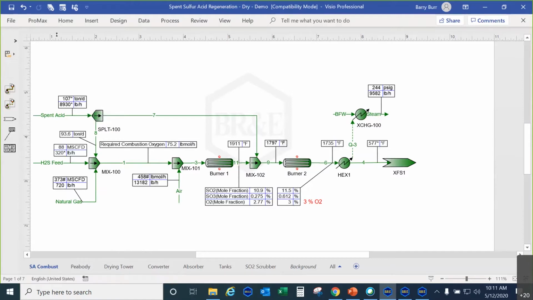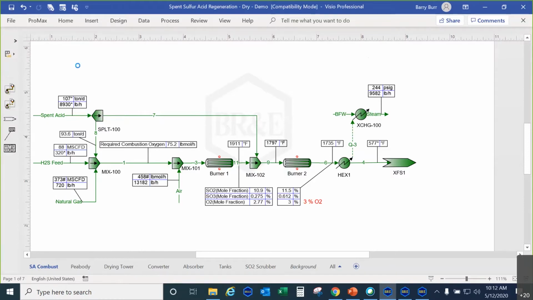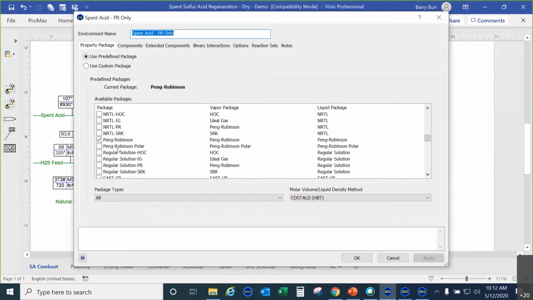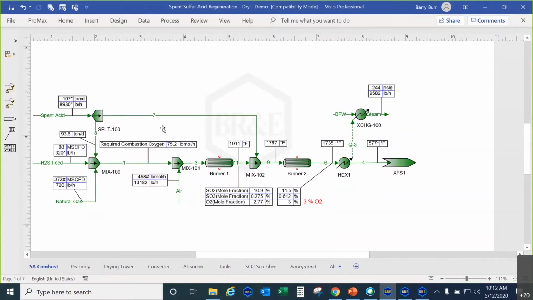One thing I forgot to mention is that in the combustion flow sheet, the environment that we're using is just Peng Robinson. So if you're used to using ProMax, you know that for every flow sheet, you need to choose an environment. And here we've built an environment that uses Peng Robinson as the liquid and vapor phase property calculation algorithm. And then we have the components needed to carry out this reaction and all the other subsequent processing. I think we're going to use the same component list throughout the entire simulation. And now